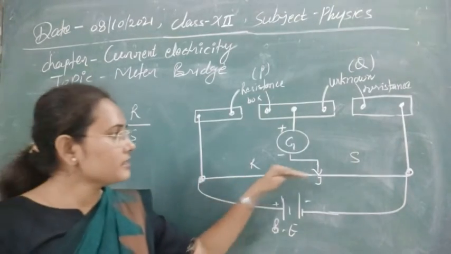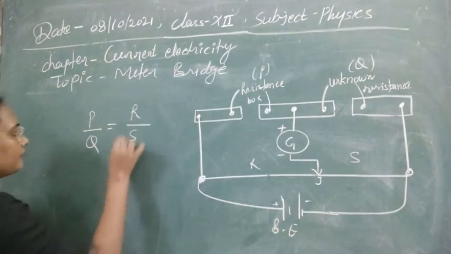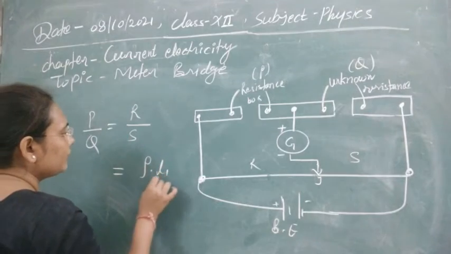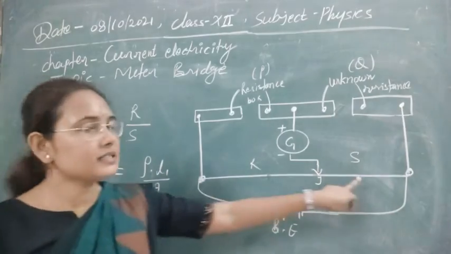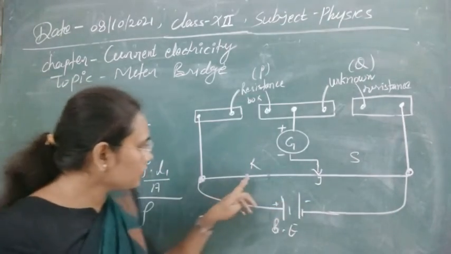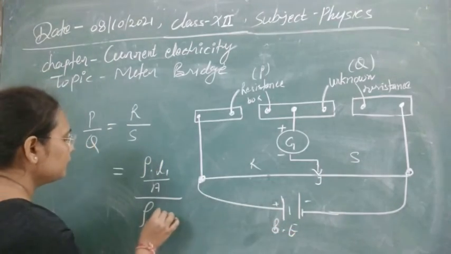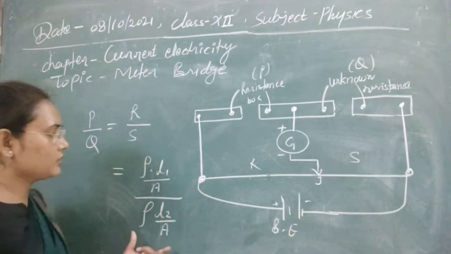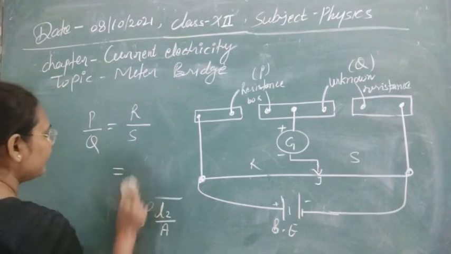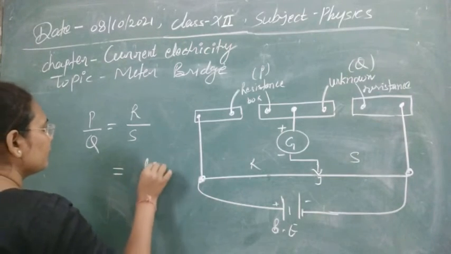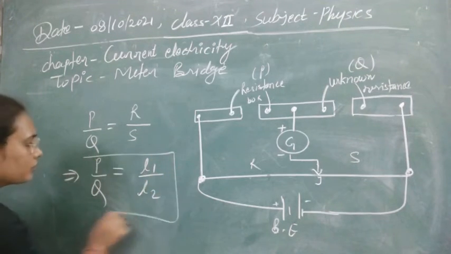Here, as the resistances are in the form of length, you can also convert it into the form of length. So R can be written as rho L1 by A, and S can be written again as rho L2 by A. As the material is the same, the resistivity will be the same. Also the wire is uniform, so its area will be the same, but the length is different, so we can write it in this form. Now if you solve, rho by A will be cancelled out, and this formula will finally be L1 by L2. This is P by Q from here. So you can also adopt this formula.